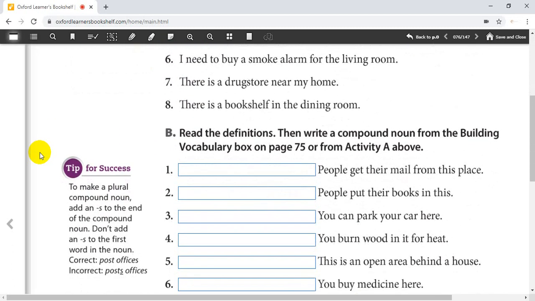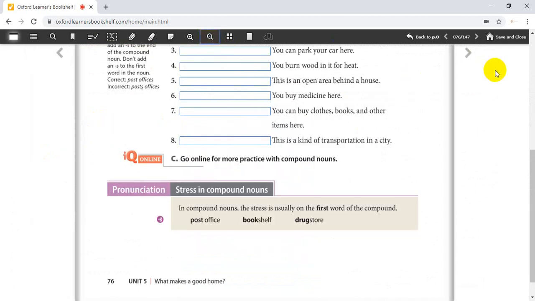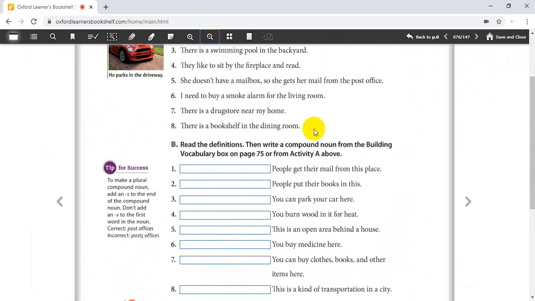Activity B, page 76. You have to read the definitions, and after reading the definitions, you're going to write the compound noun from activity A. So you're going to read the definitions, and the compound nouns that you have circled in activity A, you're going to write them in front of their correct definition. Like, let's say, for example,